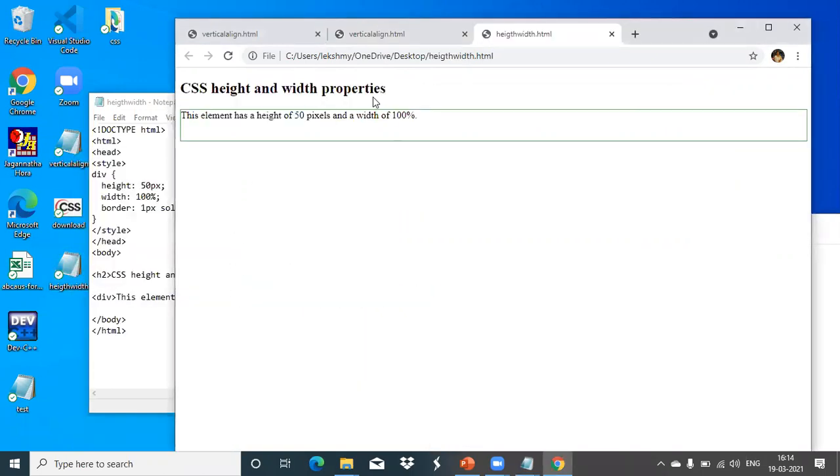So for that division, now we have set the height and width properties. Either you can tell the height in the form of percentage or in pixels. Even width also we can tell how much width we want, how much height, in pixel form or in percentage format. So height and width is another property in CSS. Okay. Is there any doubt for this?